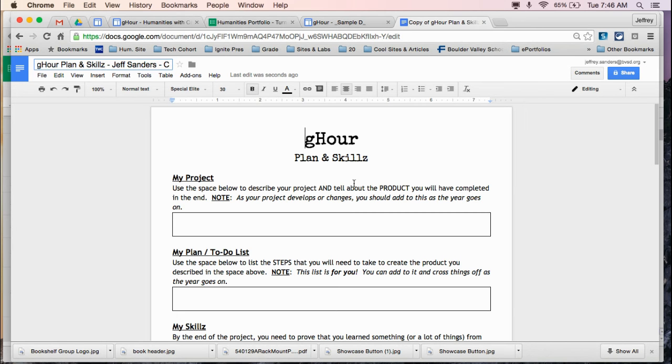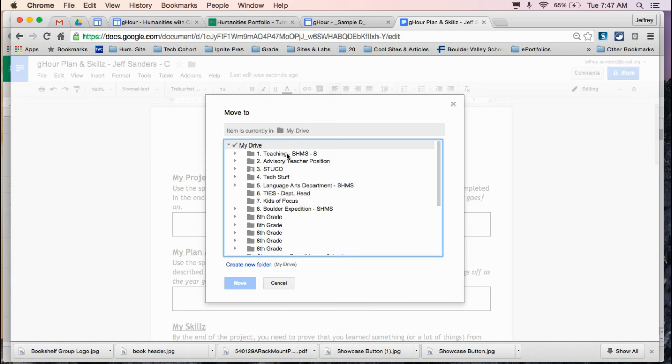I'll put a C. Now, this got put into our drive, but it didn't get put into the right folder in our drive, so we need to organize it. Just to the right of the name of the document at the top, you should see a tiny little folder icon. When you hover over it, it says Move to Folder. Click that, and it's going to basically bring up the shell or the organization of your drive. Select, and you need to select the folder. So you should see an 8th grade folder in there. Double-click it,